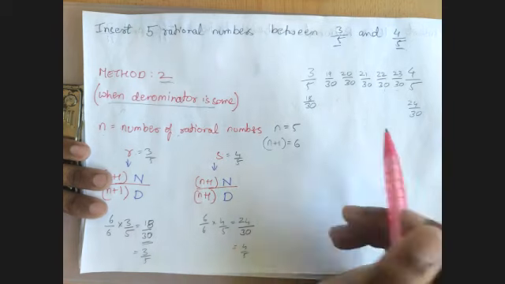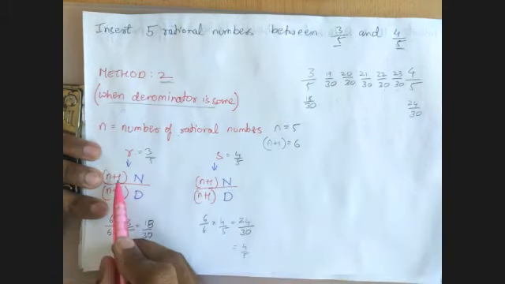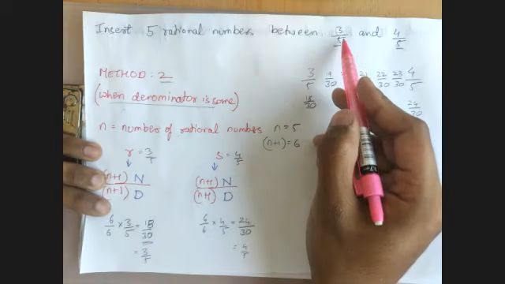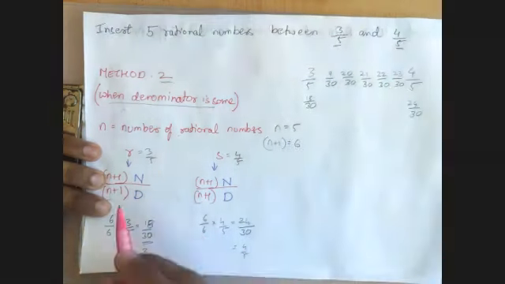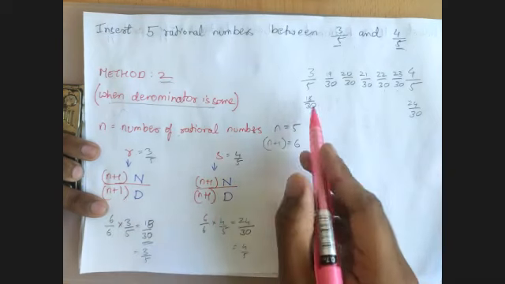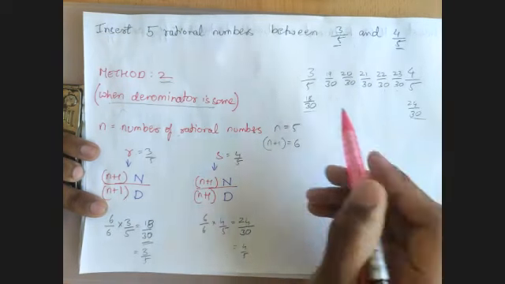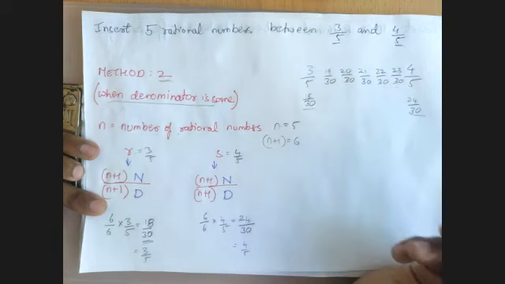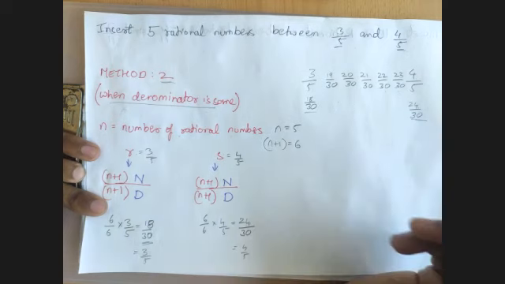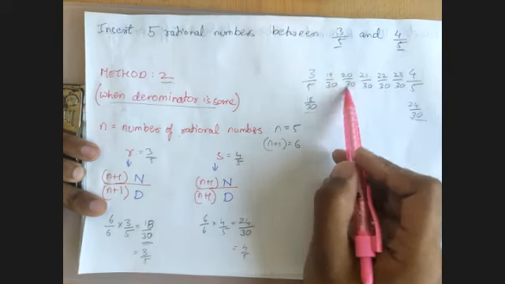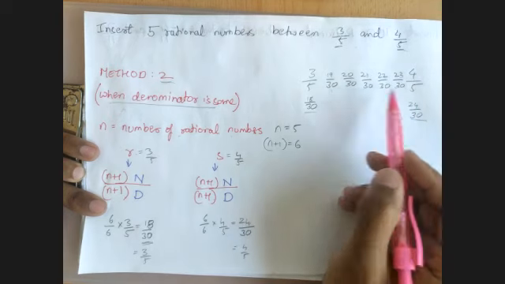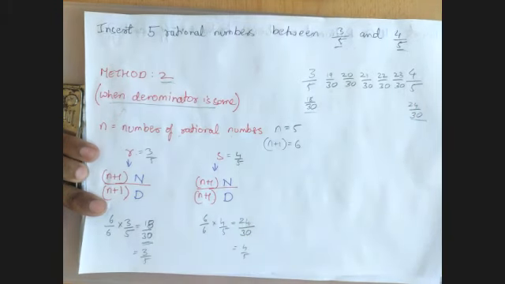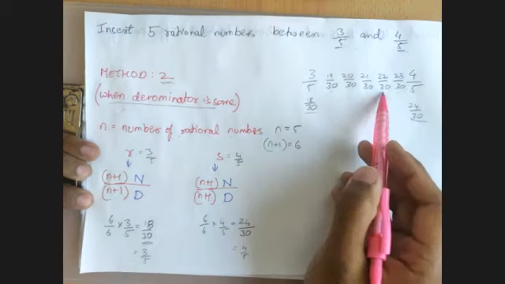So this is simpler. We just multiply r and s with n plus 1 on the numerator and denominator, and we get some numbers. And in the numerator, we increment by 1 and write down the numbers. It is as simple as that. 18 by 30, 19 by 30, 20 by 30, 21 by 30. There are 1, 2, 3, 4, 5 numbers. So this is simpler. Even if they ask for 10 numbers, you can do that. Now let us look at another problem.